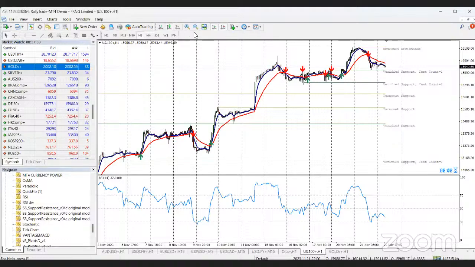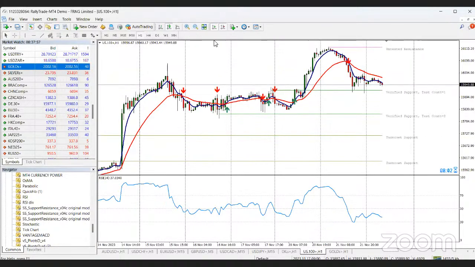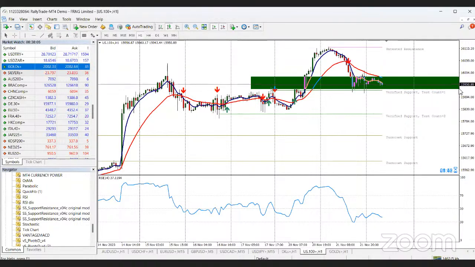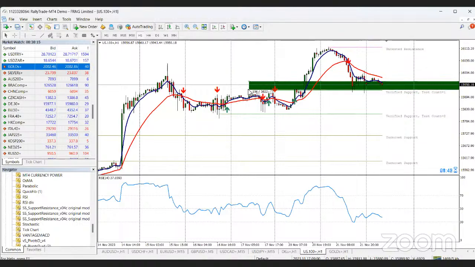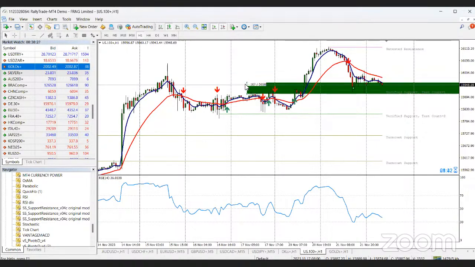So for me this morning, let's go in for a buy. Yes, it's already in the regions for your buy, so let's go in for a buy in this region. And it's already bouncing off a verified support. Okay, let's go for a buy in this region. I said buy because I'm looking at it bouncing off this region. So if it's able to come into this region, let's just give it time.